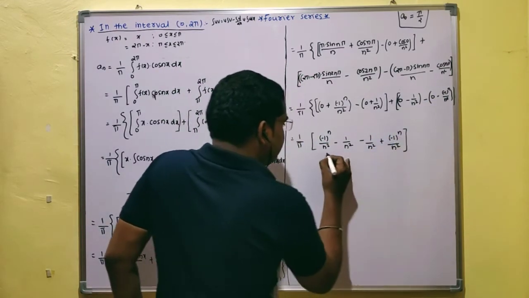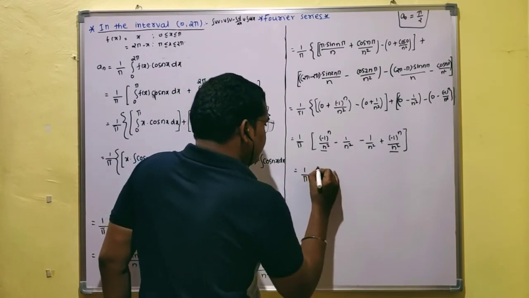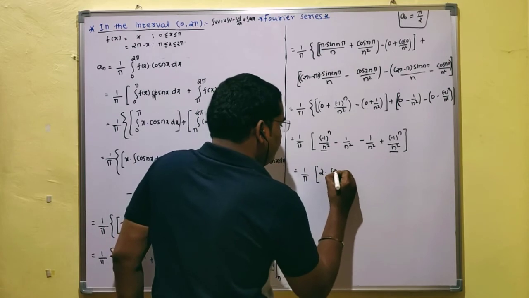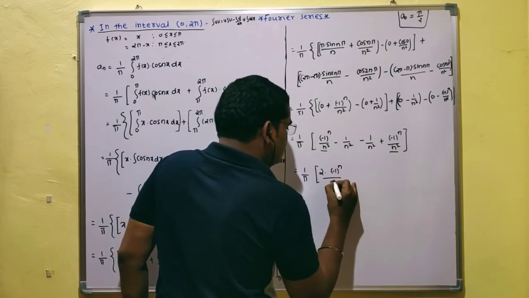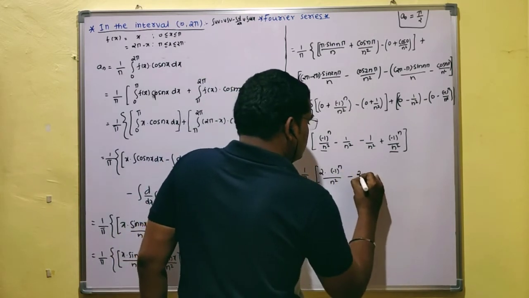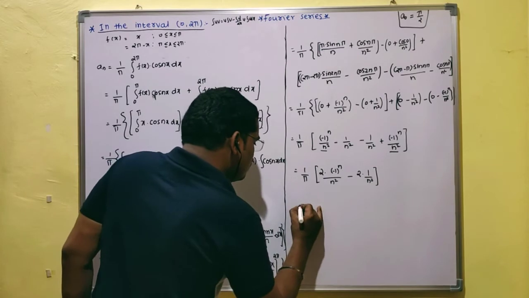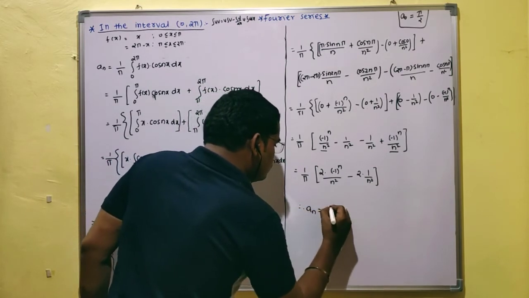ठीक आहे, आता ही टर्म किती वेळा माझी 2 वेळा. ठीक आहे, which is equal to 1 upon pi into this bracket 2 into minus 1 to the power n upon n square, and this term is also 2 times, that way this will become 2 into 1 upon n square. ठीक आहे, ह्या दोघांना आपण 2 कॉमन घेऊ शकतो, therefore an is equal to 2